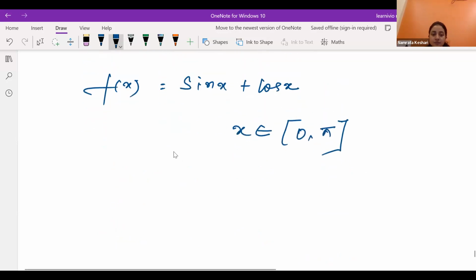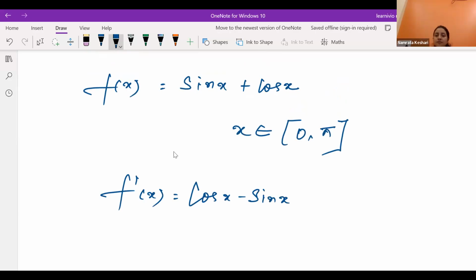First, we'll find the critical point, that is f dash x. It will be cos x minus sin x, right, Fatima? Find the critical point. F dash x equals 0 implies x equals,